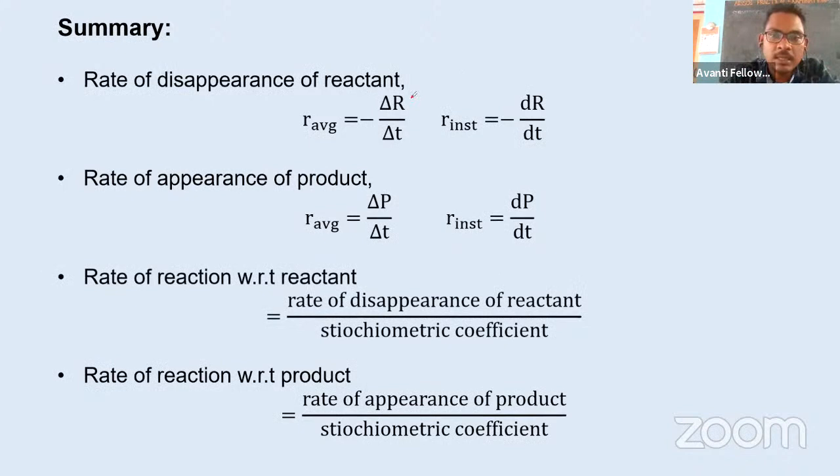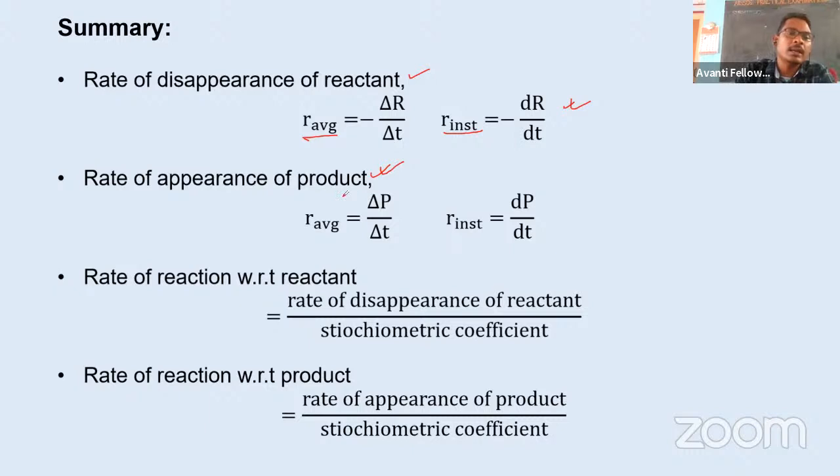So here we have seen type of reaction: fast, moderate, slow, and after that we have seen rate of reaction in the term of reactant and product. And in rate also we have studied two types. One is average rate, another is instantaneous rate. So in average rate, we have taken the whole change with respect to total change in time. Instantaneous, at particular time, what is the rate? What is the change? That is instantaneous. Or we can say if you take this delta t or change in time tends to 0, then you will get the instantaneous rate. Same thing for product.